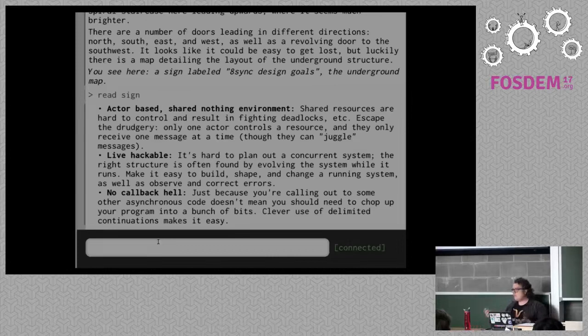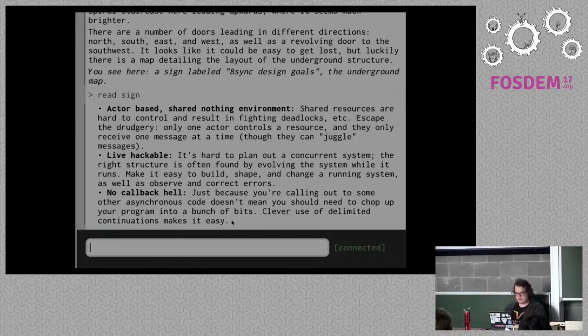And also debugging concurrent systems is really hard. When I fixed that issue, I didn't have to disconnect from the game. I could fix the game while it was running, even though there's a bunch of things acting in it. For the most part, if one actor breaks, it might not be helping the other actors that it's supposed to be helping, but it probably won't take down the whole system at once. Other components can still operate without that actor, which I think is pretty nice. No callback hell, I already talked about that. That's delimited continuations, blah blah blah.